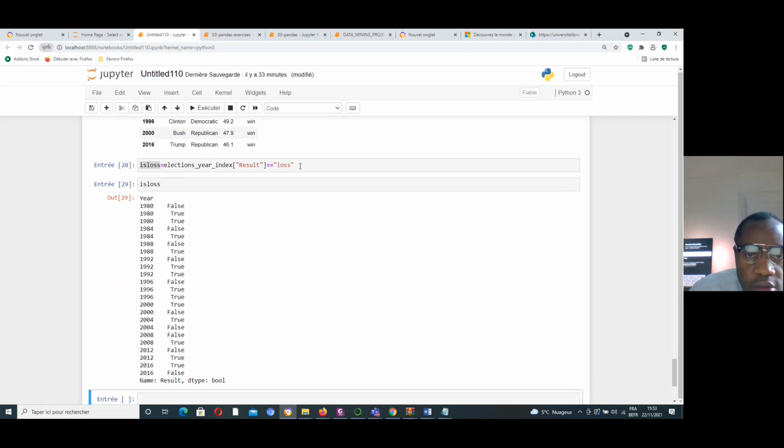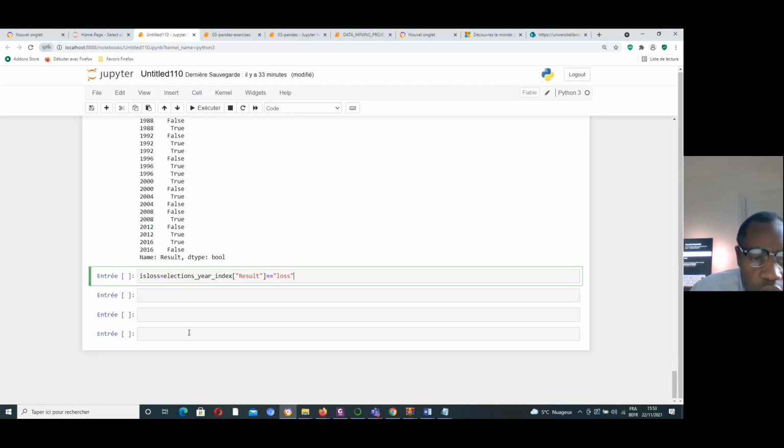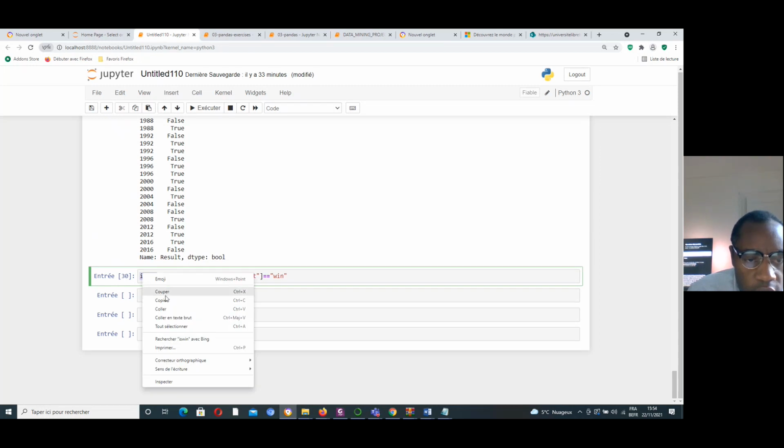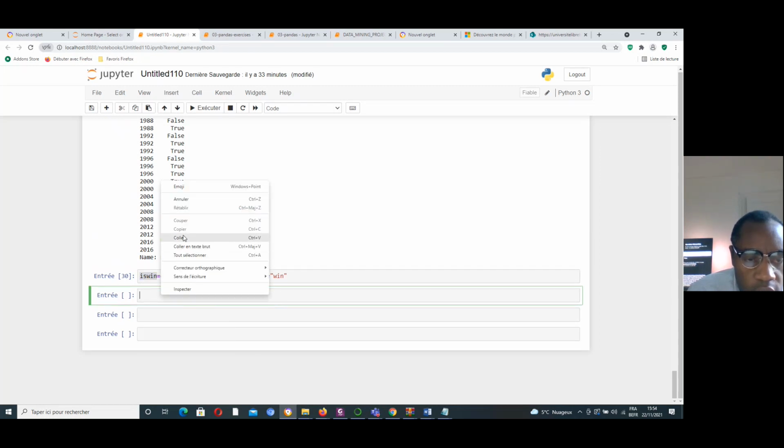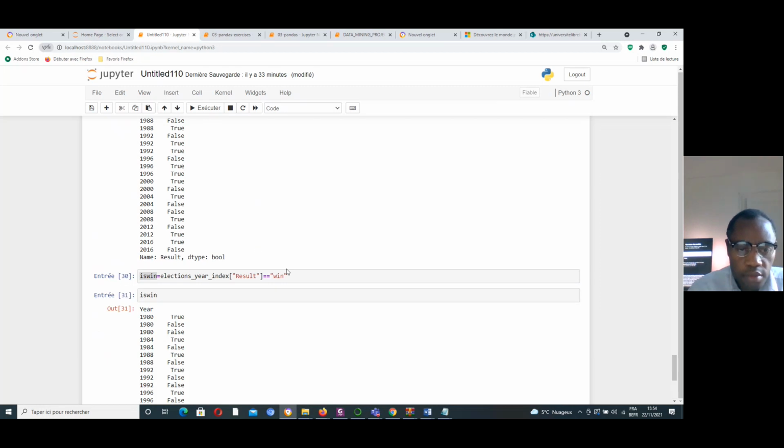You know, I can also print the list of winning candidates if I want. Just put it like that, in white, win, and print, and go there and print.